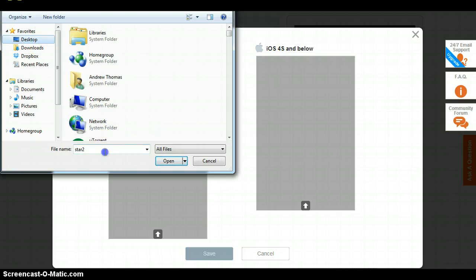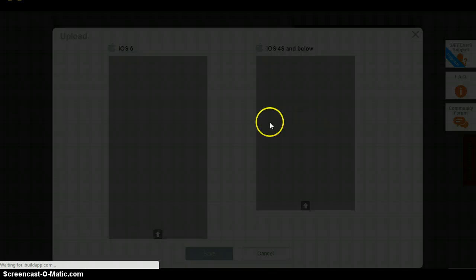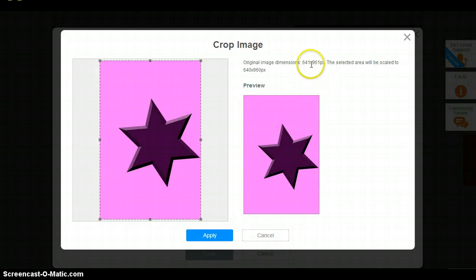On the desktop, Star 2, there it is. Open. And that's going to open that up now. Oh look, it's saying that it exported as 1 pixel extra wider and higher, and it's kindly just applied a crop. We just apply that,